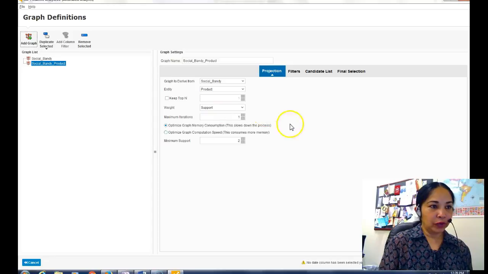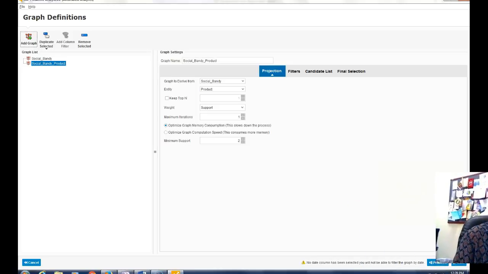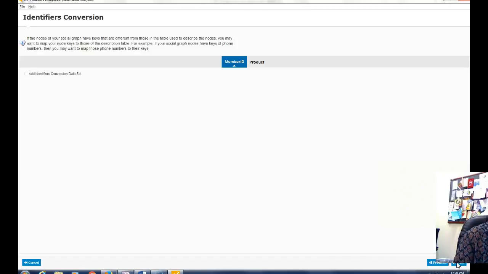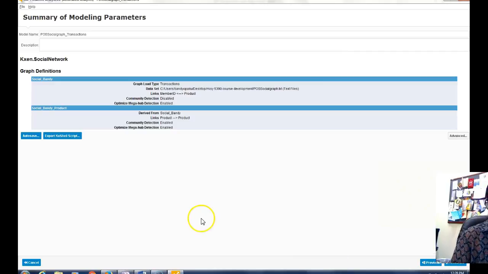At this point we don't need to change it anymore. We just have to click on Next to continue. One more time, another time, and then summary of modeling parameters.